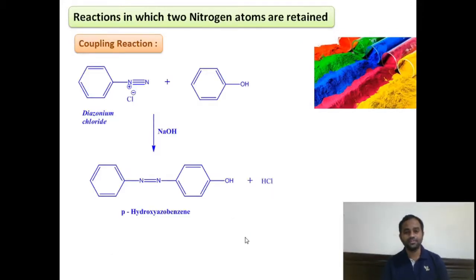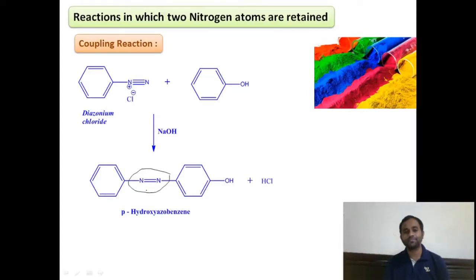You see here, this slide shows the benzene diazonium chloride coupled at the para position of the phenol in presence of a weak base medium to give an azo compound. This is an azo compound. Azo compounds are nothing but compounds having N double bond N flanked on both sides with aryl groups. That is what the azo group is, right? And this compound is a para-hydroxy azobenzene. This is a colored derivative, right?